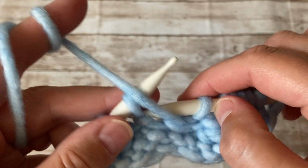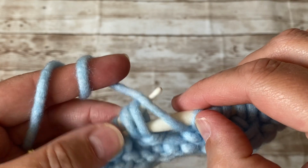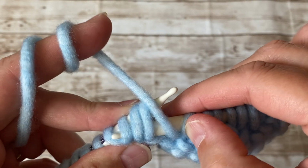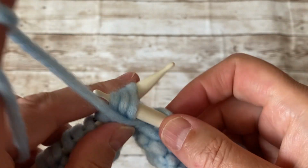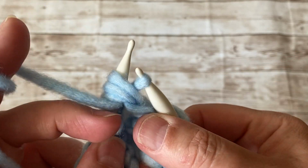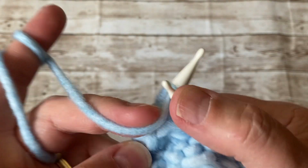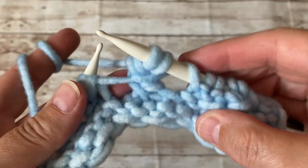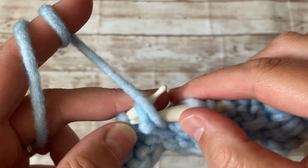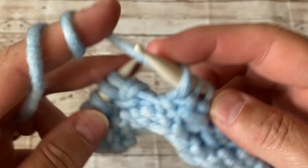Purl, purl, yarn over, because we're going to purl the 3 stitches with the 2 stitches with the yarn over. We grab them, and we're going to purl, don't let it go, grab the 2, and let it go. Okay, purl, purl, yarn over,